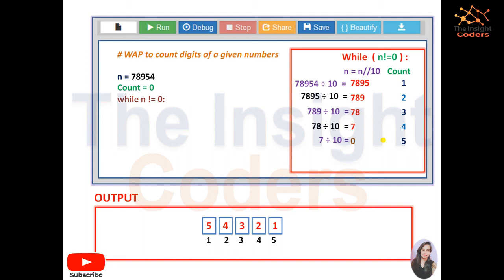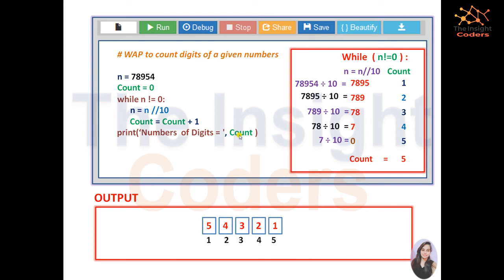So we just initialized it with 0. So we have used a while loop. The terminating condition is until n is not equal to 0. We simply divide the value by 10 and the quotient is further stored in the value n. So same work is to be done here. Increment the counter each time, and we have to do this in the loop, that means repetition, and after the loop is terminated we just simply have to print the number of digits, and that is actually the value of count, which was 5 in this case. Simply we have printed the number of digits, that means our count is equal to 5.